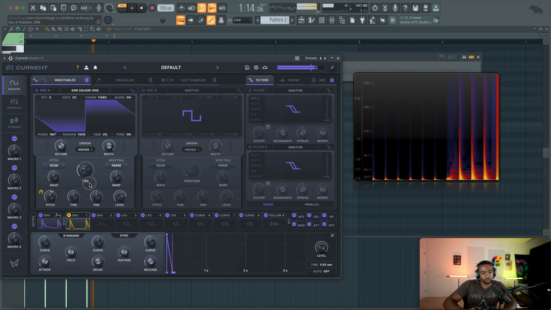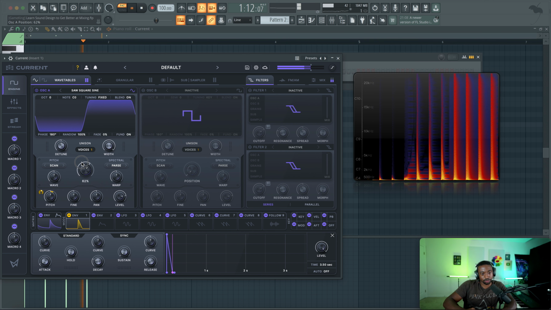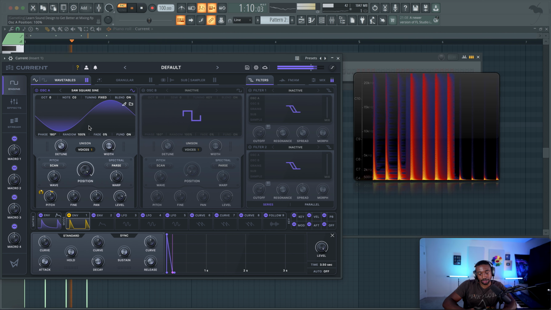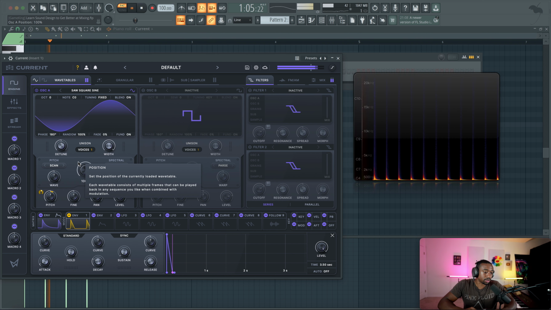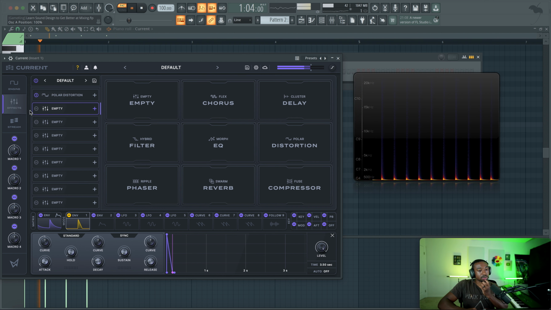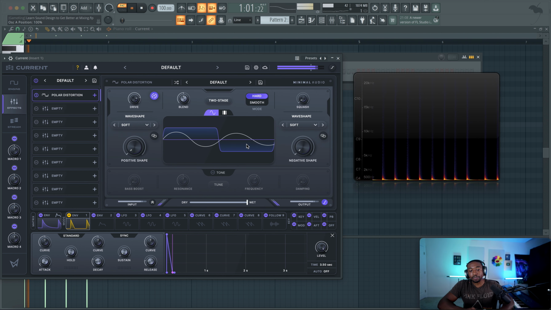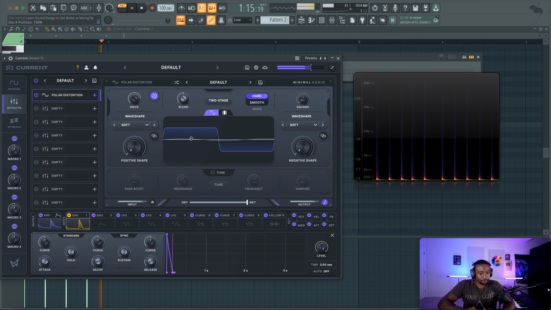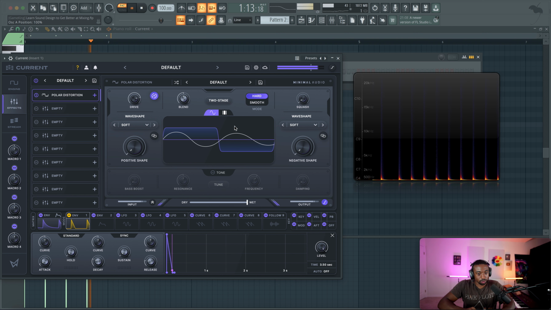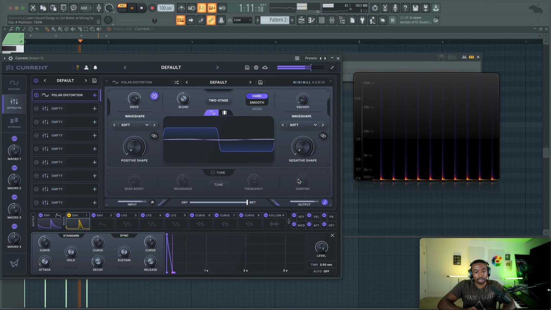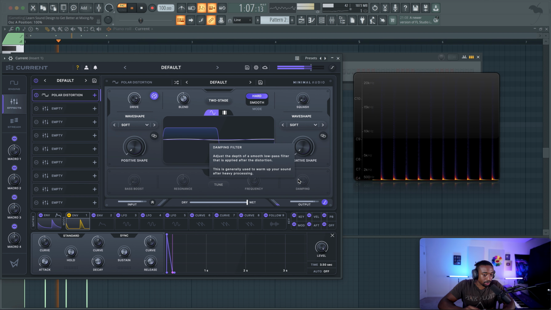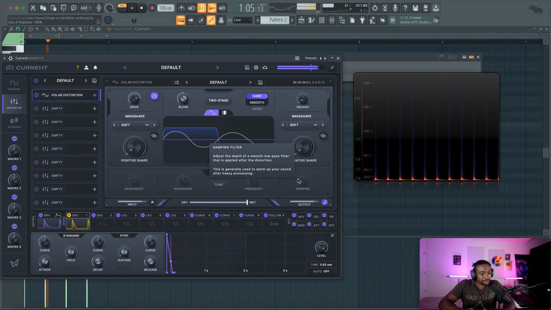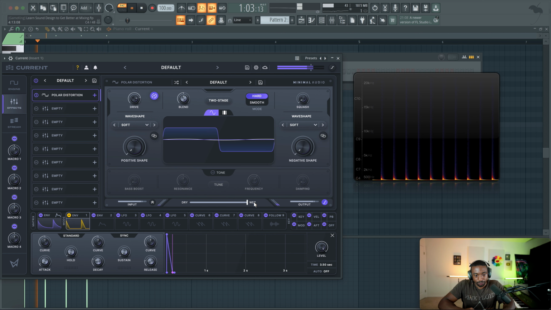And now if I change the waveform, we get different harmonics. Now, you normally wouldn't use a sawtooth as a kick or a square wave, but really we're turning a sawtooth into a square wave because we're using soft clippers and distortion. So this is what the shape is. We're turning that sine wave into this square shape. And that's what's giving the sound its hardness, is that we're turning a sine wave into more of a square wave.